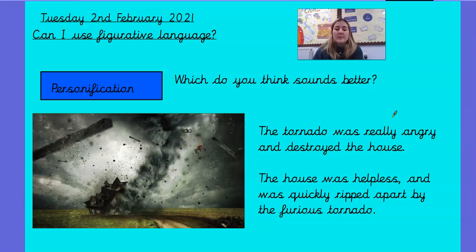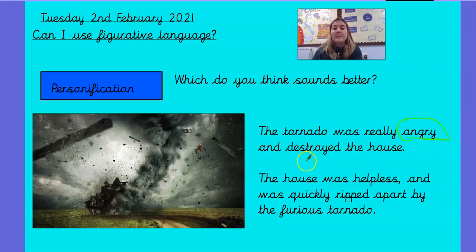So, top sentence, the tornado was really angry and destroyed the house. Second sentence, the house was helpless and was quickly ripped apart by the furious tornado. Okay, so remember, personification is where we give a human feature to something like an object or an animal. Now here in the first sentence, they've described the tornado as really angry. So describing it as angry is true because it looks furious. Like if you could see in someone's mind when they were angry, I'm sure that this is what it would